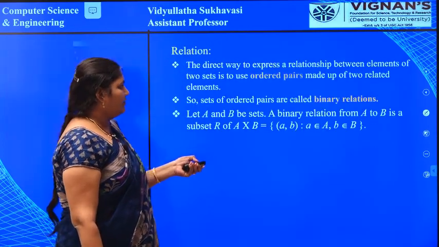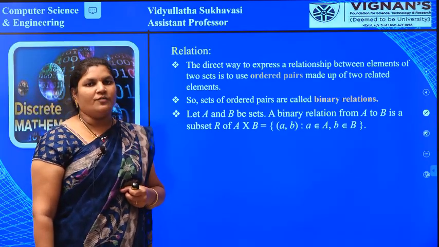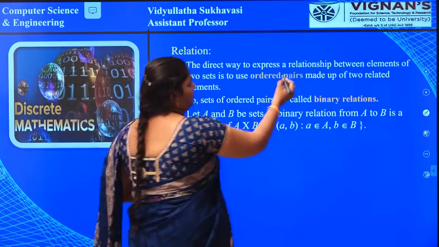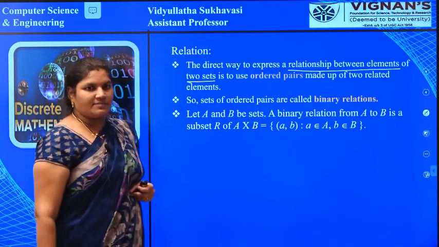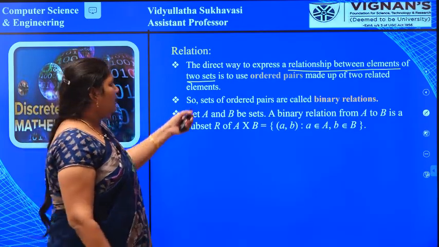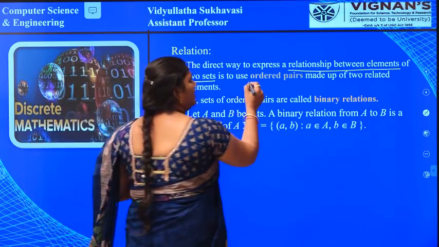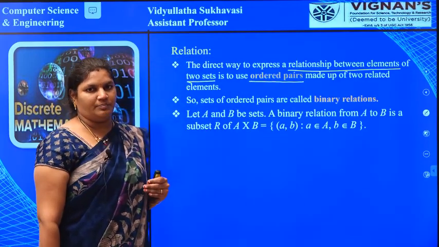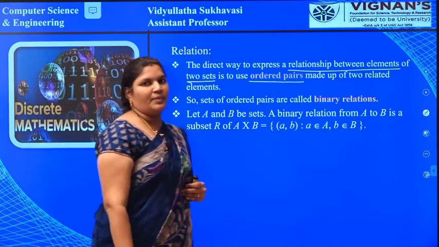But when coming to the definition of a relation in discrete mathematics, a relation means a relationship between elements of two sets. We have already seen that a relation exists between elements of sets. In two sets, the relationship is expressed using ordered pairs. The ordered pairs are the relationship elements between those two sets. So the ordered pairs are the main thing here.